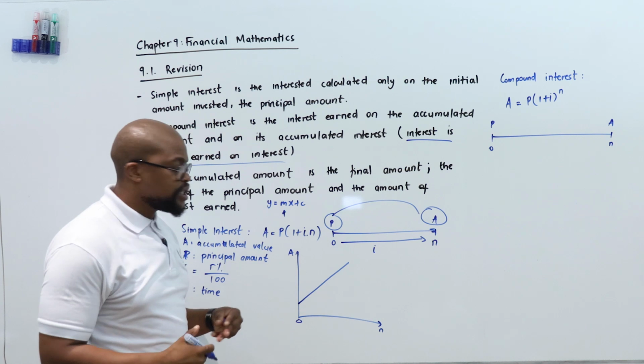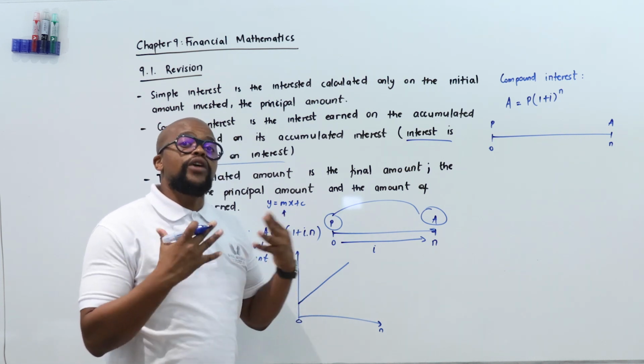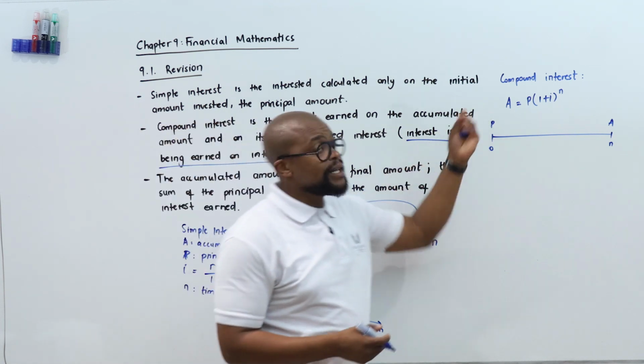So, as much as you still have growth, that's a straight line with a positive gradient. As much as we still have growth, our growth is on a linear basis. But if you look at compound interest,